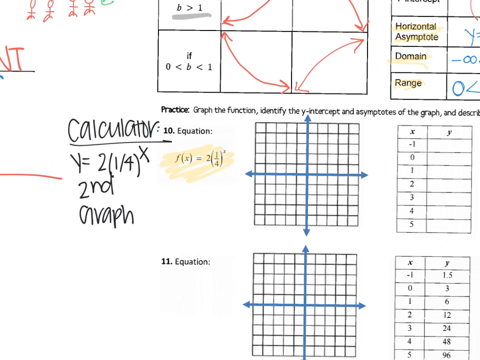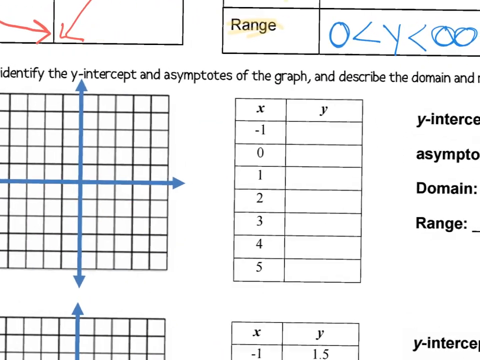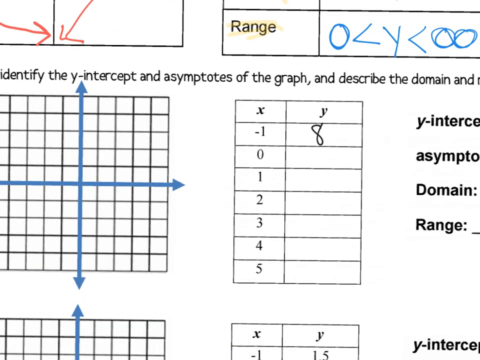And then you can look at the list of tables, so we don't have to sit here and plug everything in for X into your calculator. I would do that. So for -1, we should get 8, 0 is 2, 1 is 0.5, 2 is 0.125,